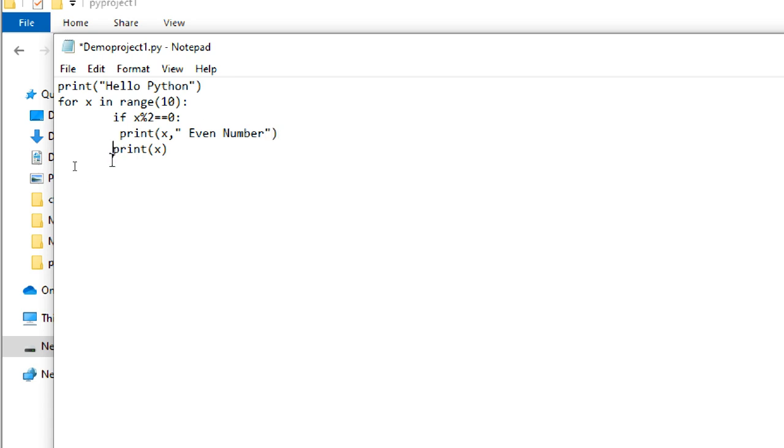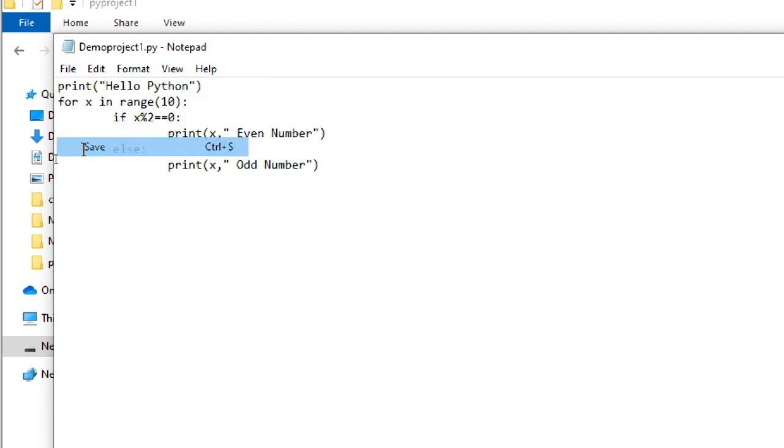Okay, else, actually you have to give a tab space, x comma odd number. Continuous, same thing only. Okay, so odd number, so something. I change it, save it.